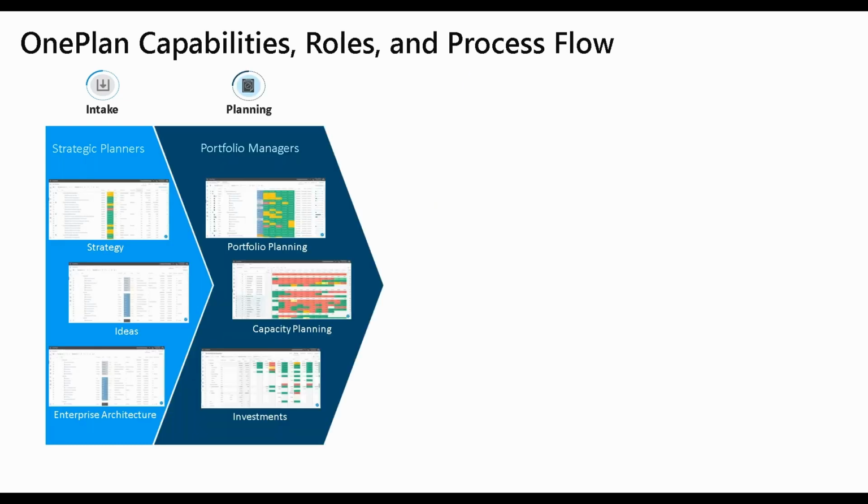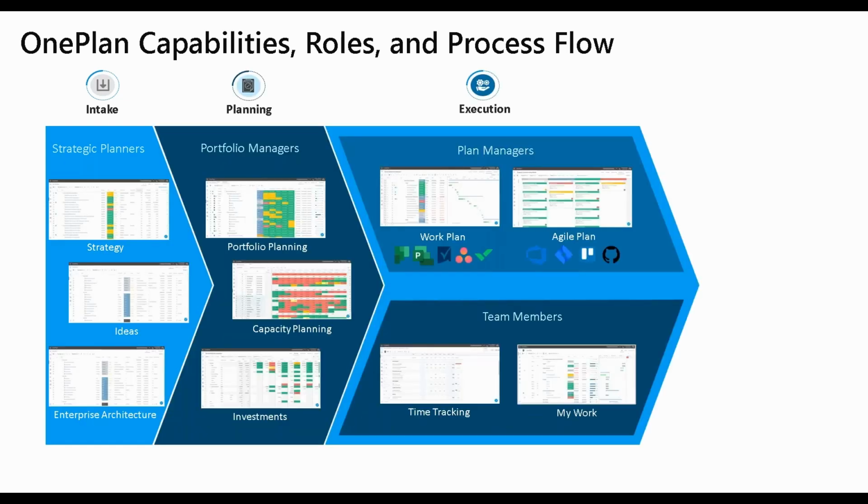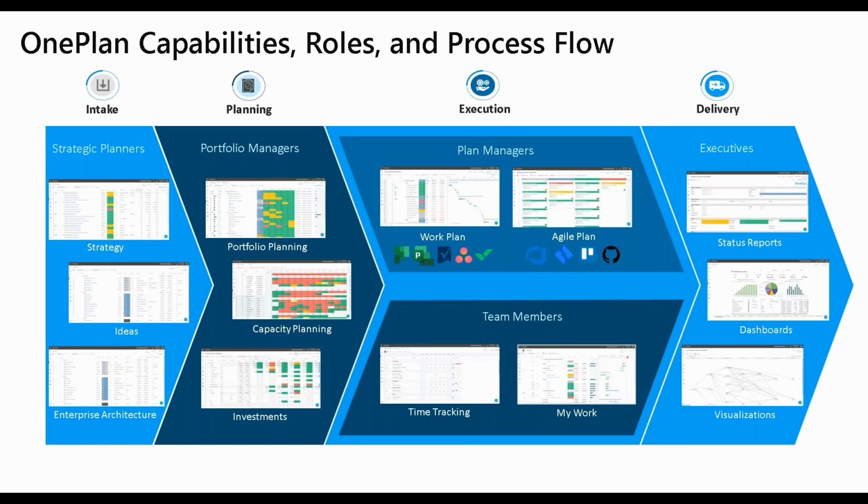So a broader view kind of gives you the value of what OnePlan can bring to a Jira organization. Again, it's that flexibility to harmonize all the different concepts for all the different stakeholders in one solution. So this is a simplified view of all the features. We could break this down even further, but